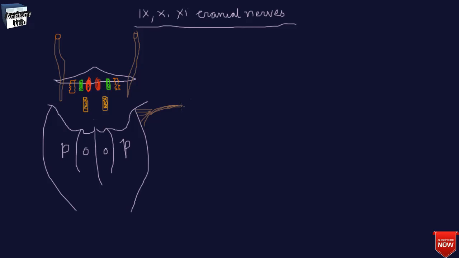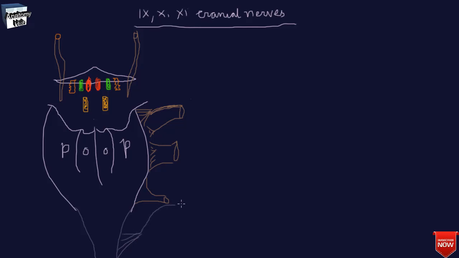Now here you can see the emergence of the ninth cranial nerve. You can see the nerve rootlets at the olivary sulcus. This is the ninth cranial nerve, below that you will find the 10th cranial nerve, and below that the cranial part of the spinal accessory nerve. Here you will find the spinal cord, and from C4, C3, C2, C1 you will find the spinal part of the accessory nerve.